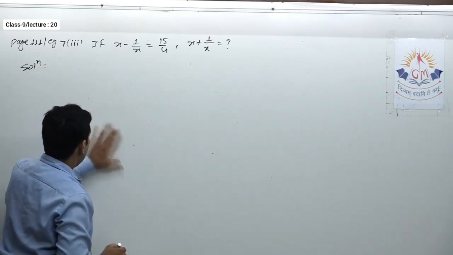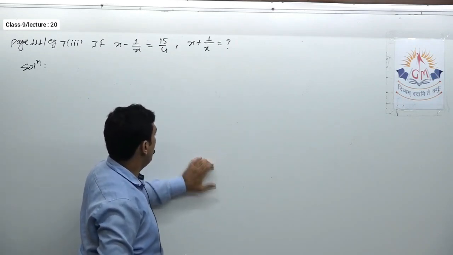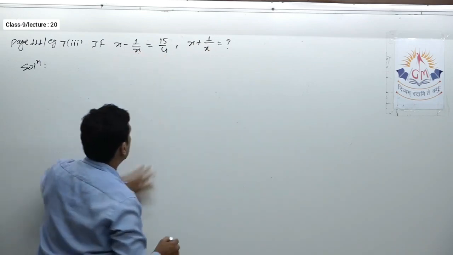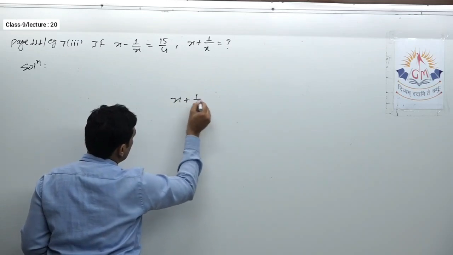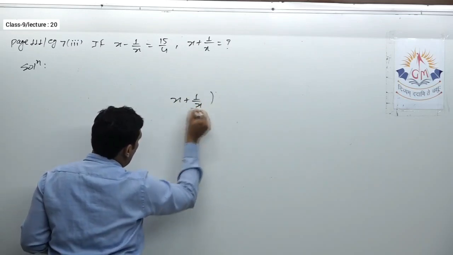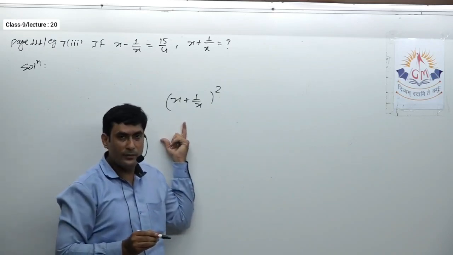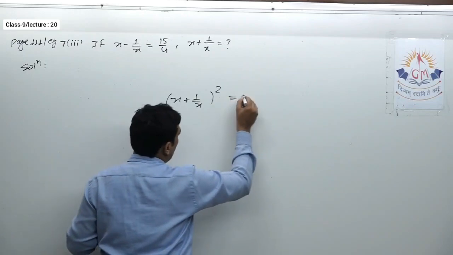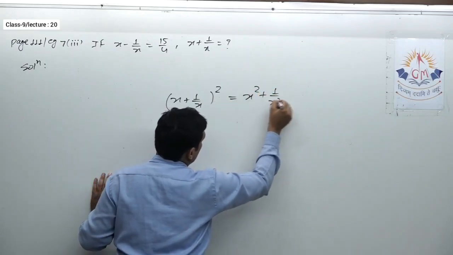Okay, see, we need to get a term in which powers are 1. Here again the powers were 1. So to get this, I need this. So I have to start with this. That means I have to find its square first, and then by taking the root I will get the required value. So if I make its square, I will get this.